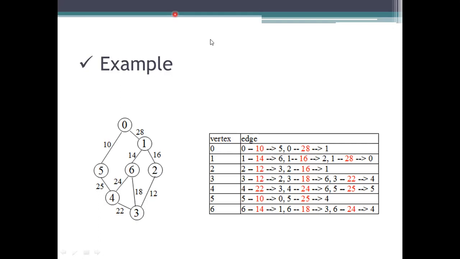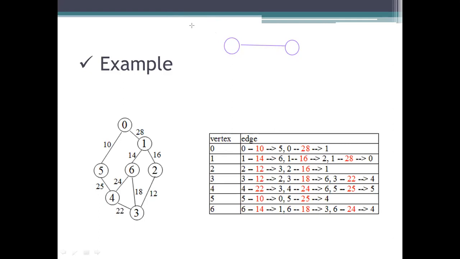So here, I need to form different trees. The different trees here: 0 and then next 5. I have to choose the minimum only. So the chosen one is the 0 to 5. This is the one tree. And coming to the second one, what are the values you are having? You are having 14, 16, 28. The least one here is the 14.